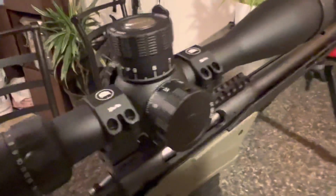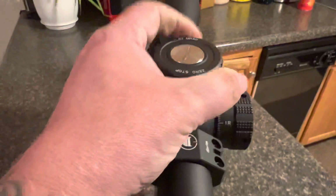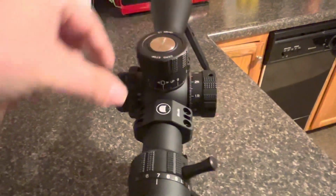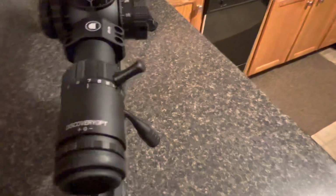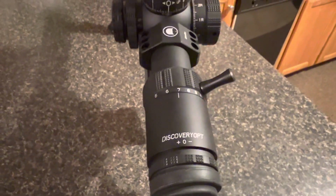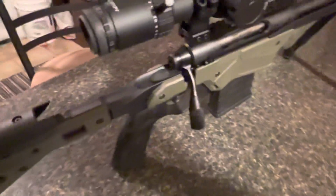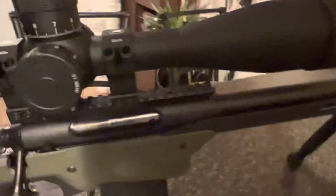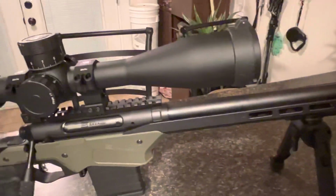It's got giant turrets on it, and just for size comparison, I'll grab them. Those are huge, right? They're not the small little ones. These are pretty big around. There's that. When you get this thing, it comes in a box the size of a microwave almost, right? Which is pretty cool. Yeah, that's a pretty decent scope. The clarity on it's really nice. I like it. I have not taken this out and shot it yet,